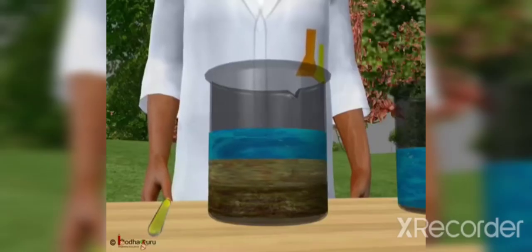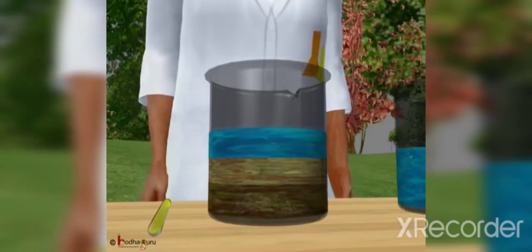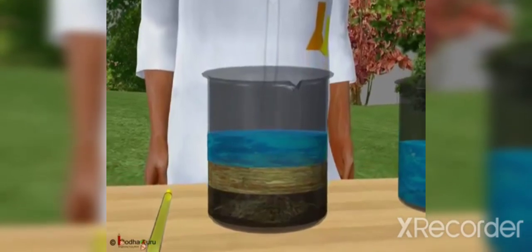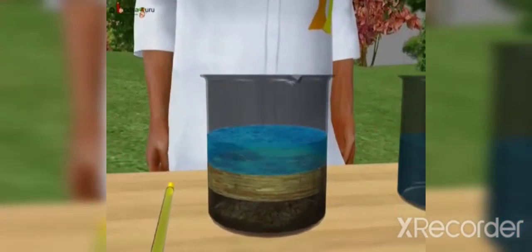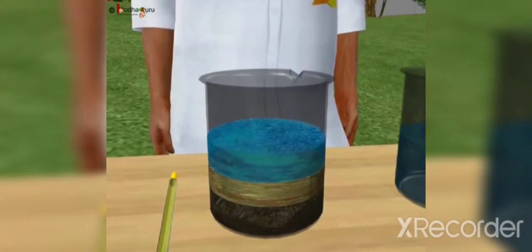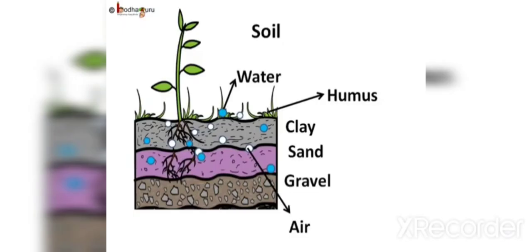Look, something is floating on the water. Look closely. You may find dead leaves, decayed organic substances, etc. This is humus. Humus provides nutrients to plants and makes the soil fertile. So now we know in general